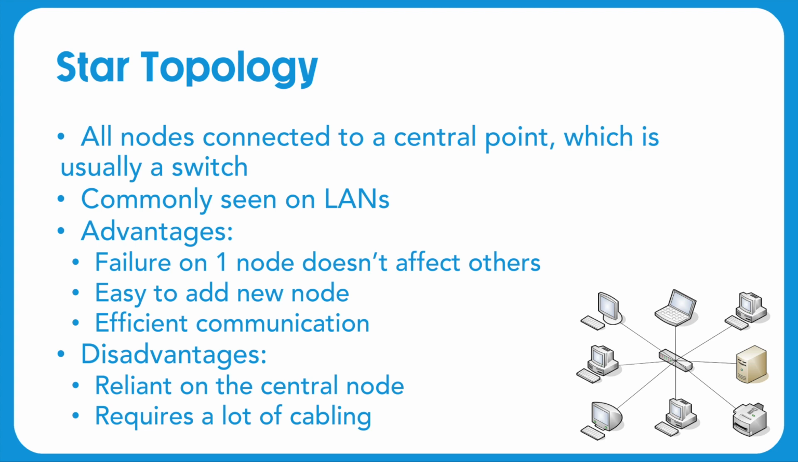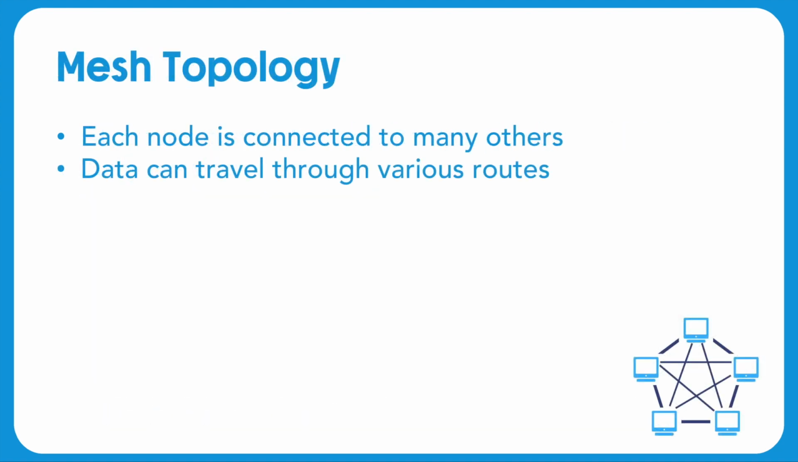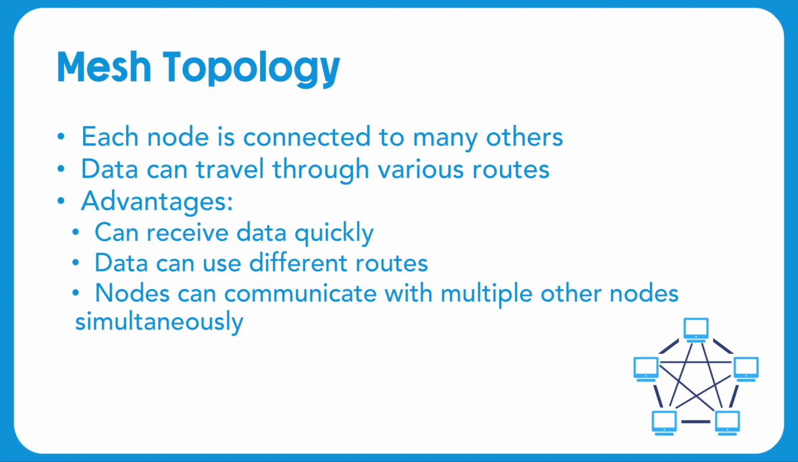On the other hand, mesh topologies don't have a central connection point. Instead, each node is connected to multiple others, forming a network where messages can travel through various routes. The advantages of mesh topologies include that messages can be received quickly if the route's short. Messages can also have multiple routes, meaning that they can usually get through even if a few nodes have failed. Nodes can also transmit and receive data from other nodes simultaneously, and new nodes can be added to the network